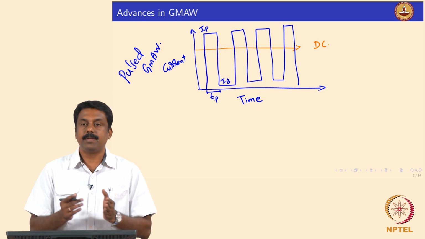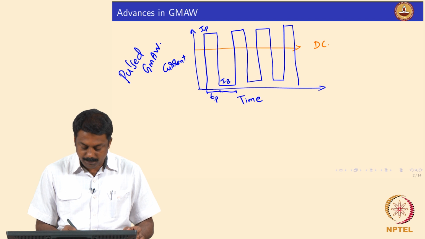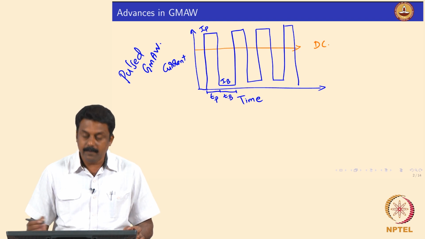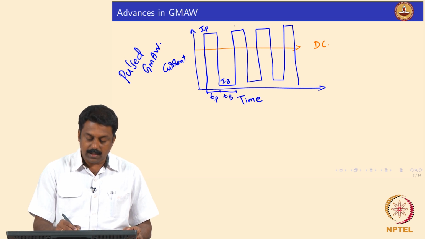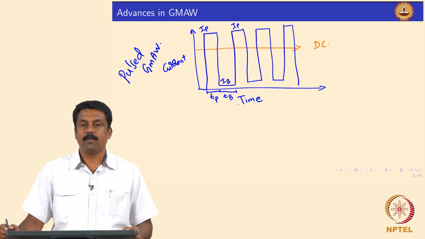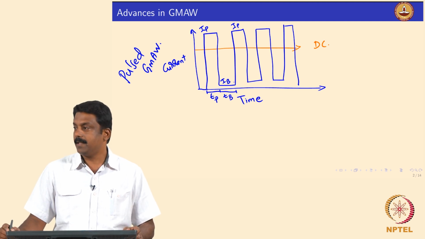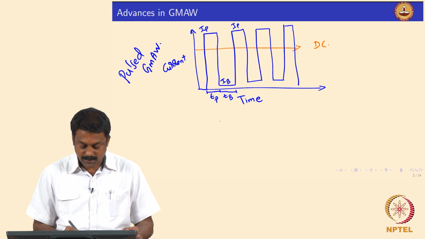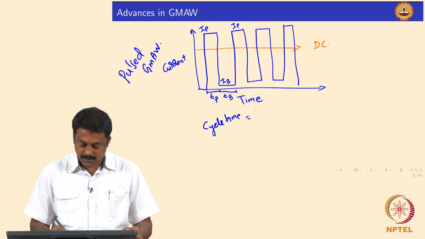and this background current can be sufficient for maintaining a low current arc, and then we give some time interval, which is Tb, the background current time, and then immediately you can raise the current again to IP to detach another droplet. Okay. So, now the advantage of doing this is if you take the average current over one cycle. What is one cycle time in this case? It is Tp plus Tb, isn't it?